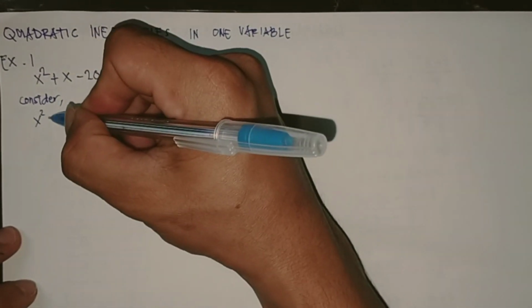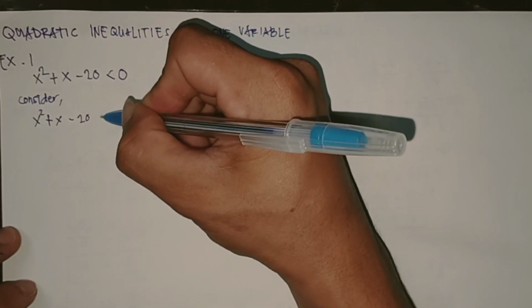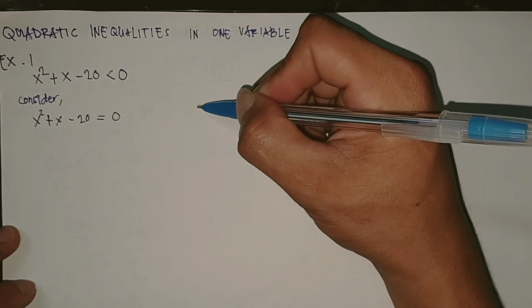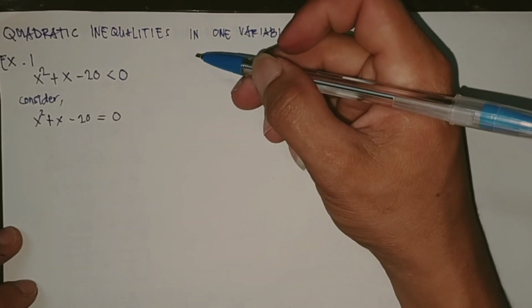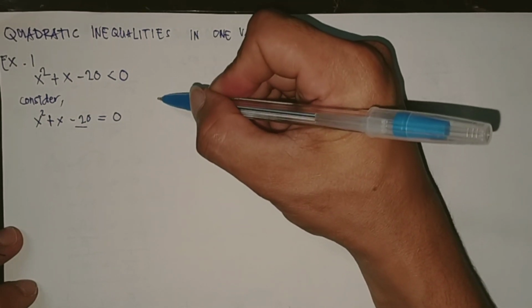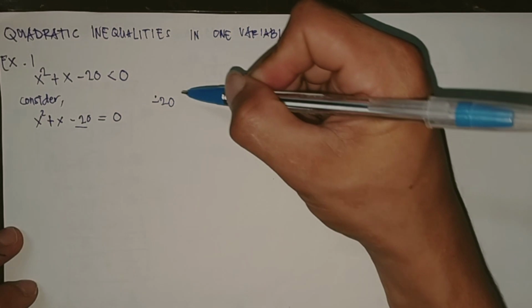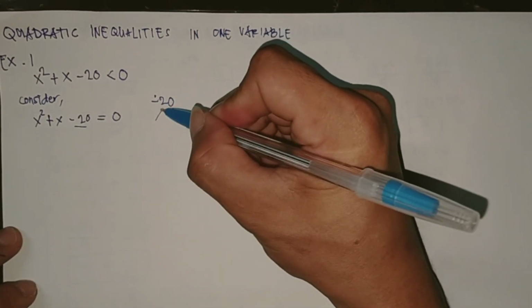We have x squared plus x minus 20 equal to 0. Let's factor the equation. Get the factors by factoring the last term of the equation,